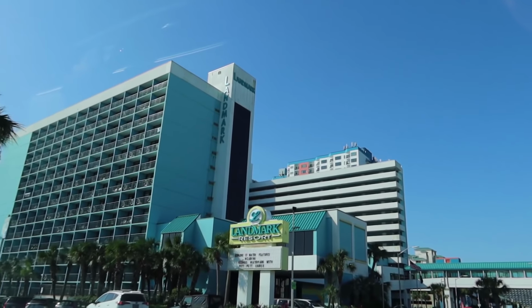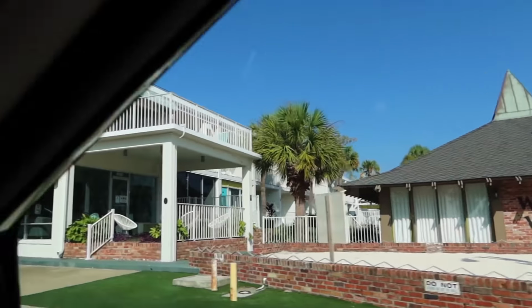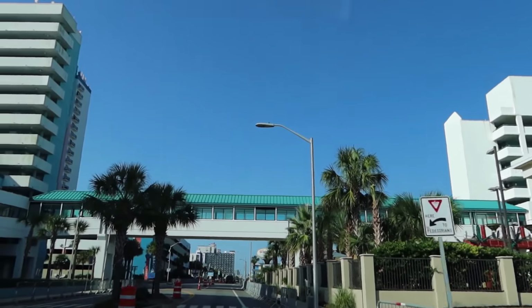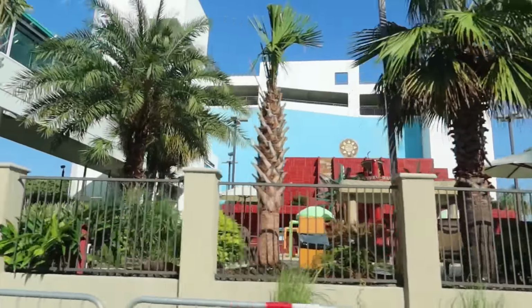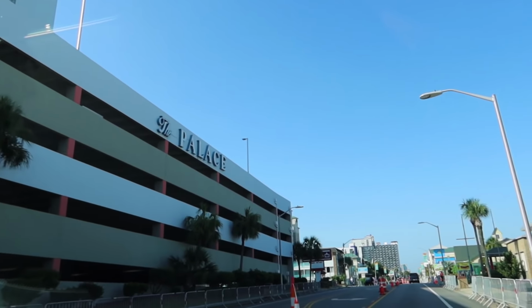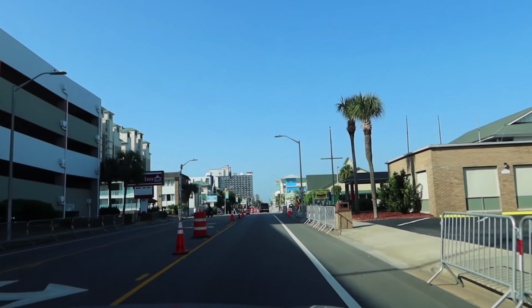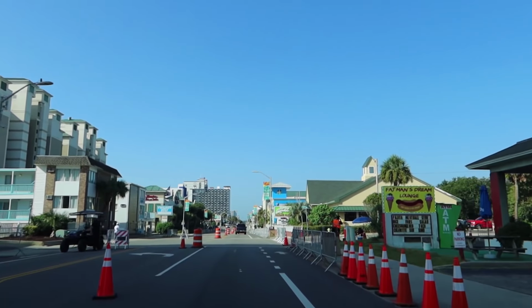Huge resort. Been there a long time. And it's Waikiki Village. What do the rooms look like in there? Sounds like a fun place to stay. Which Landmark? Waikiki. Oh, Waikiki. And then they have a small water park connected to the Landmark. There's the Palace. One of our viewers liked the Waikiki, had stayed there before, so maybe someone can leave in the comments what